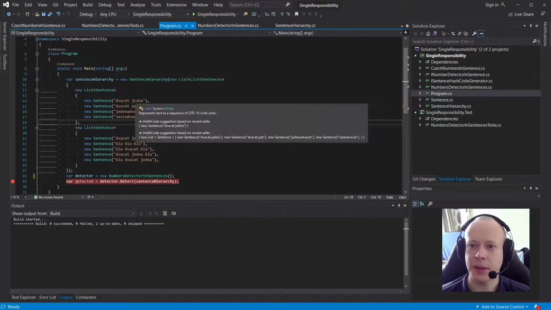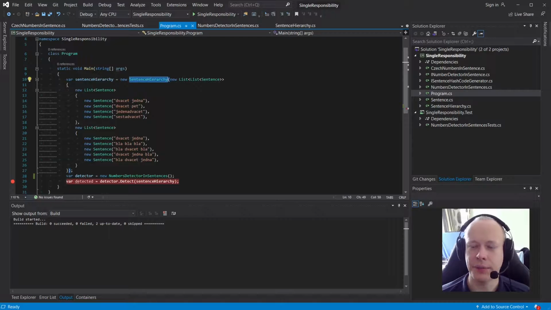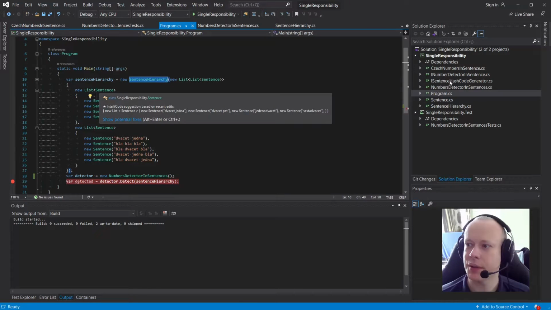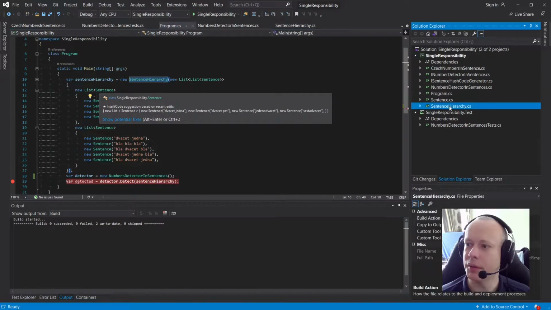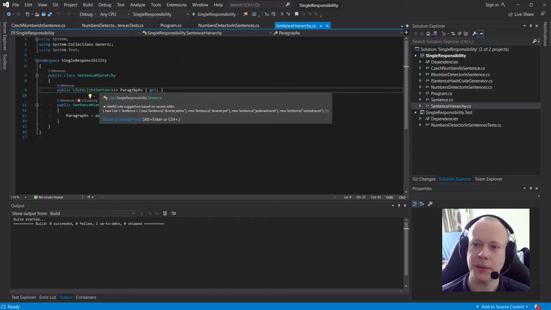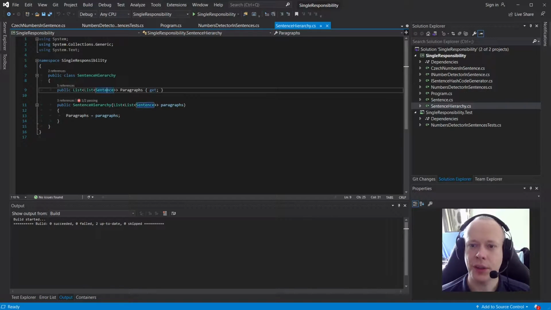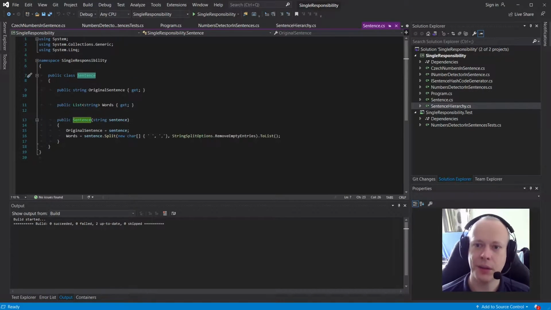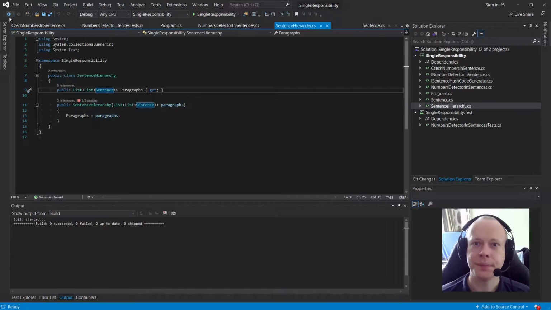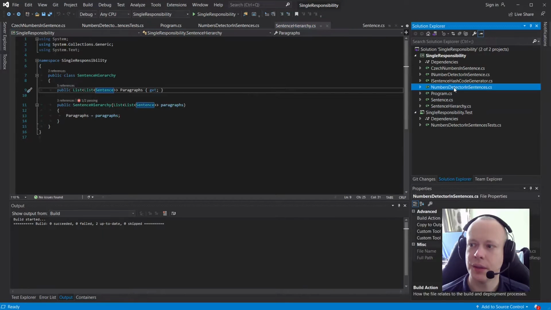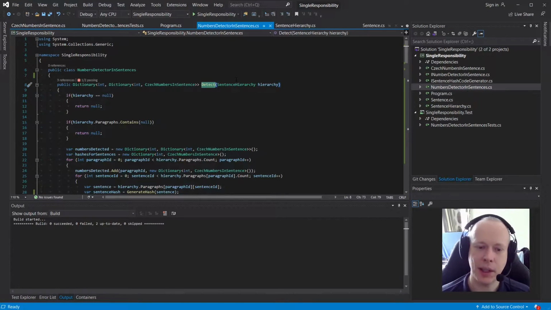What it does is take a sentence hierarchy which contains paragraphs. I can show you this whole sentence hierarchy. It contains paragraphs, which contain a list of sentences, and a list of sentences contains words. Now we pass this structure, this class, into the detector,